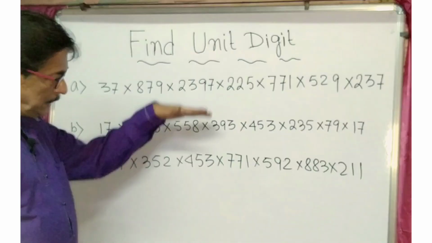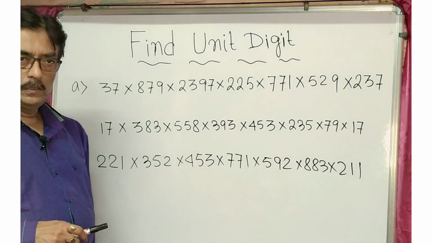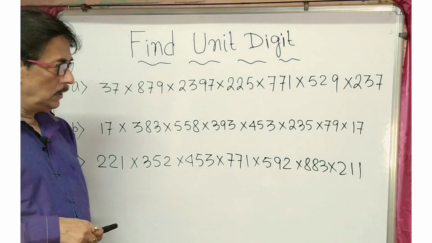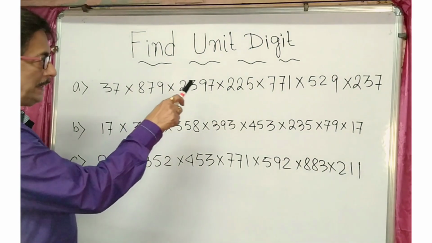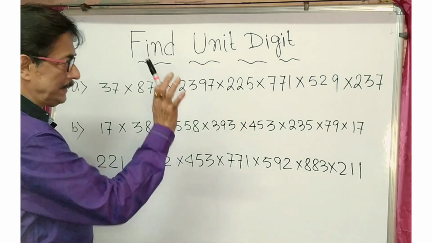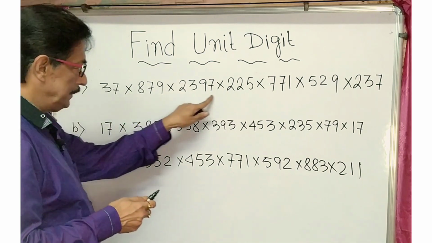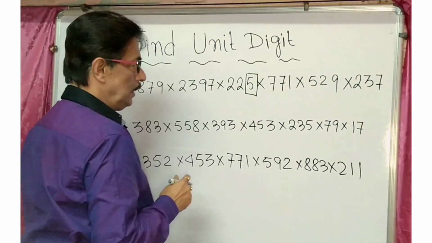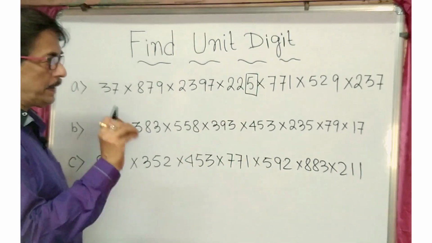Now observe three cases. We need to find what is the right hand digit. For that purpose, we have to find whether the right hand digit of each number is 5 or not. In the first case, there is a 5. Now you have to find out, for the right hand digit of any given number, whether an even number is present or not.